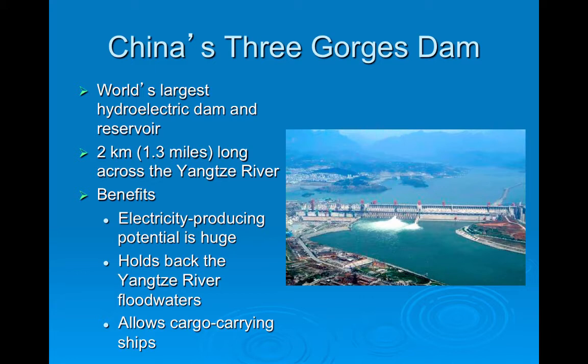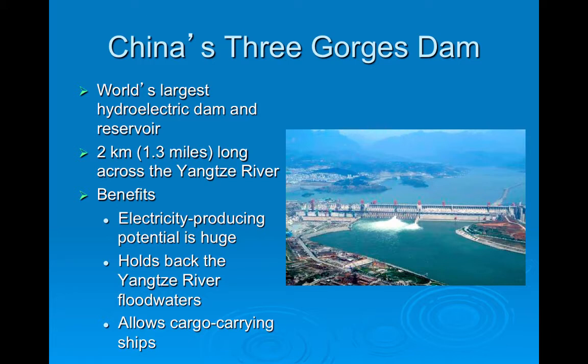All right. So the Yangtze River is in China. The Three Gorges Dam is the largest in the world. It is 1.3 miles across, so if you run a 10-minute mile, it's going to be a little over 10 minutes for you to cross it if you're running. Benefits to this: it produces a lot of electricity,